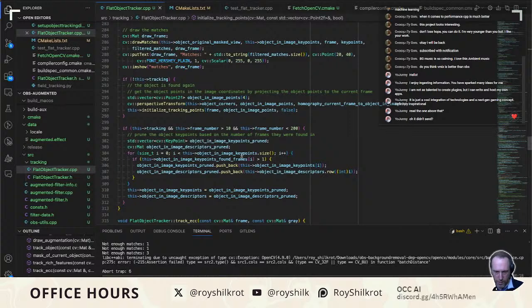Interesting. So let's do roughly this. I want to prune the key points after all of the burn-in